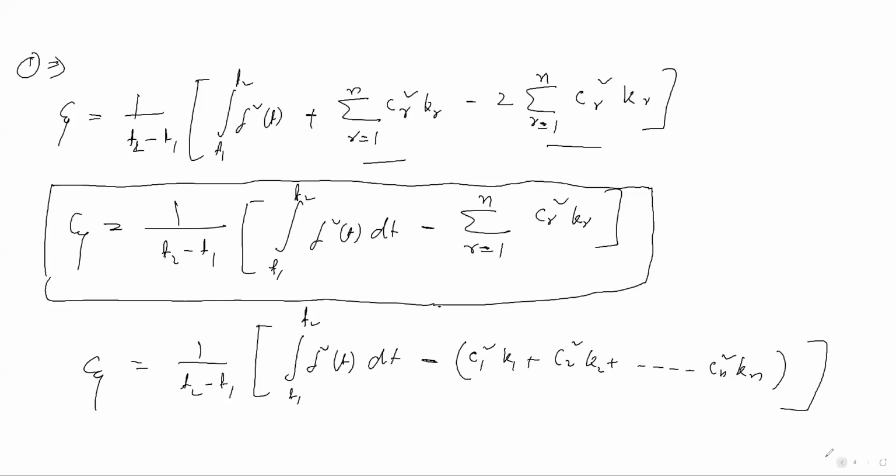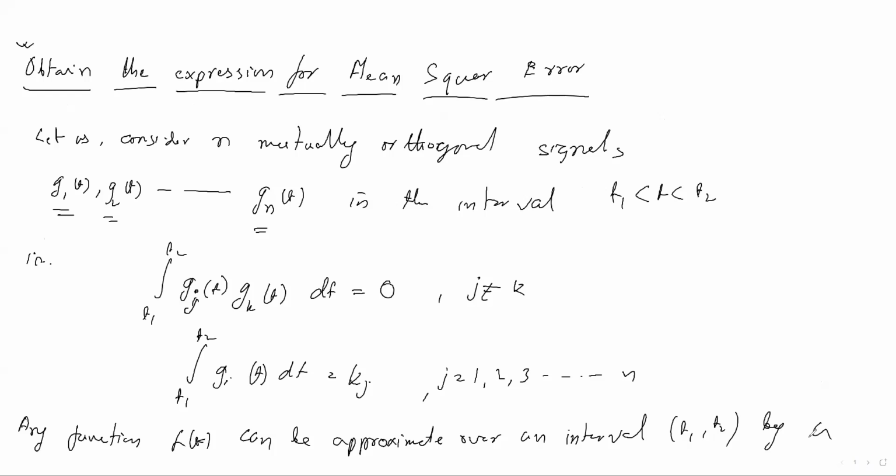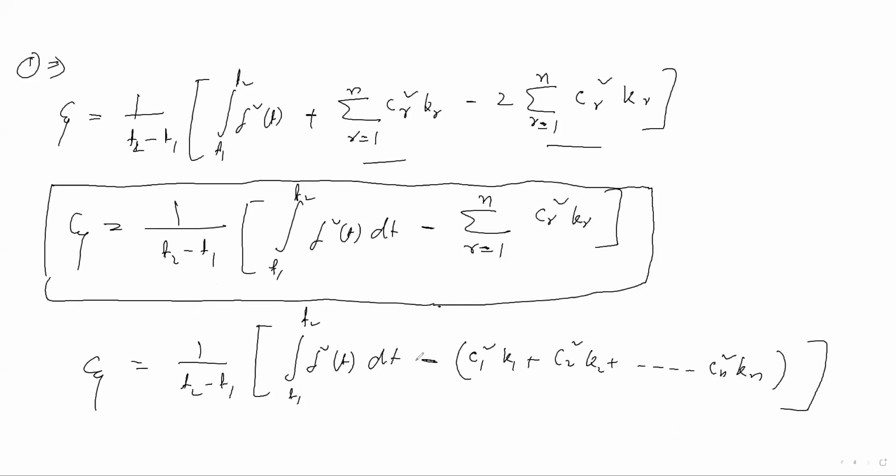So why this derivation is required, or I can say what is the final conclusion for this function? Okay, let me say we have taken FT. Okay, approximation C1 G1t plus C2 G2t plus up to Cn Gnt. Just let me give the concept. Okay, and we have approximate, taking Gn equal to t.